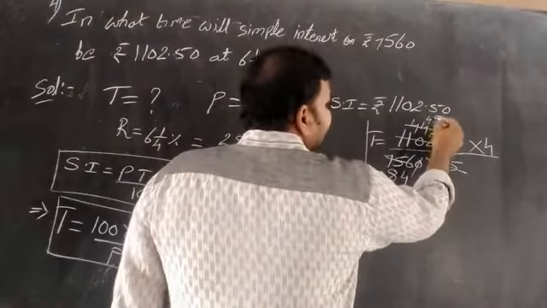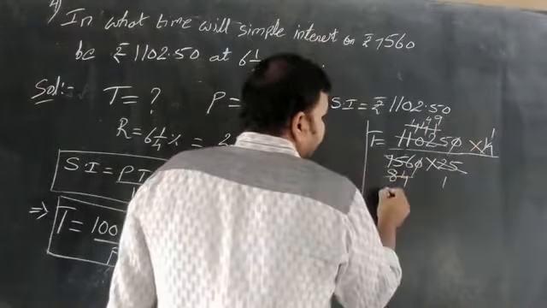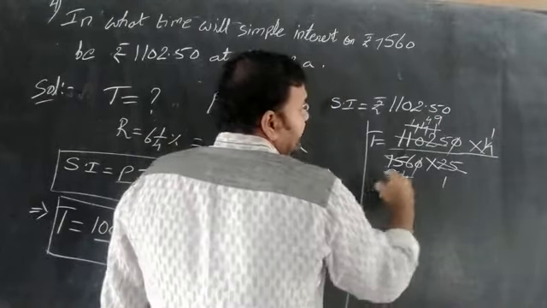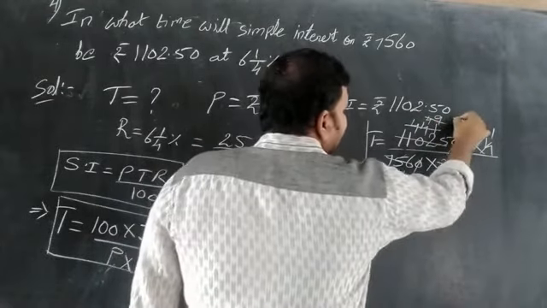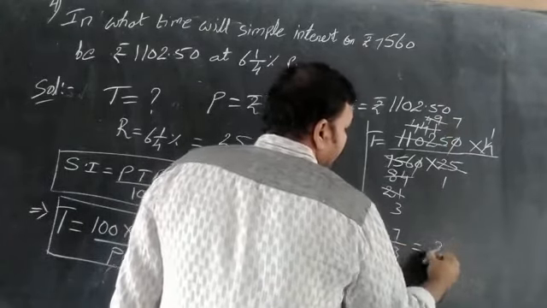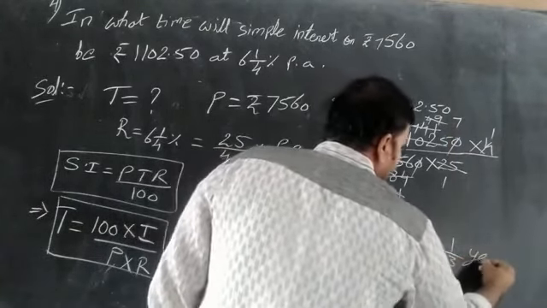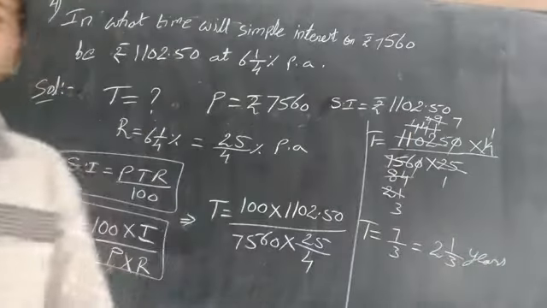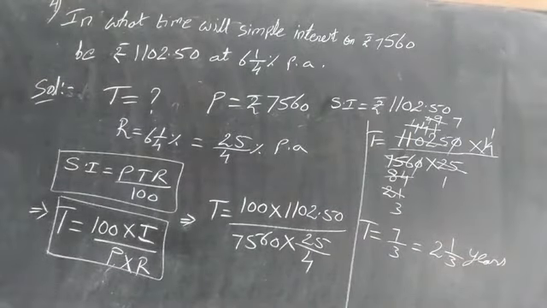So see here. 4 ones are 4. 21 times. 7 table cancellation 3 times. 7 times. So time is equal to 7 by 3, which is equal to 2 1 by 3 years. What tables I used for cancellation? Here 25 table, 9 table, 4 table and 7 table. Using that cancellation I did that once. So copy that once.